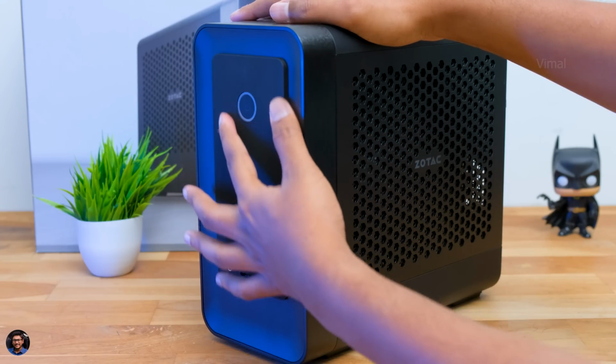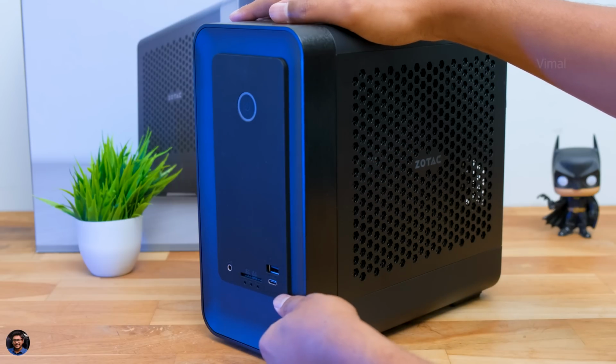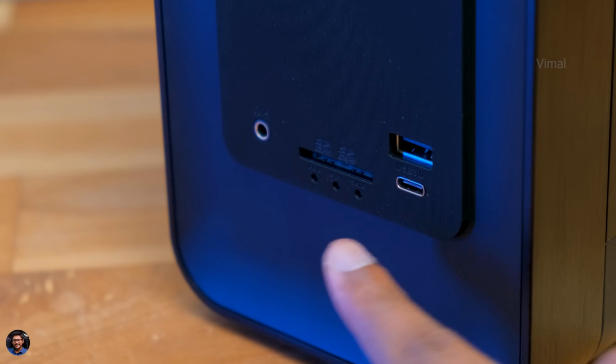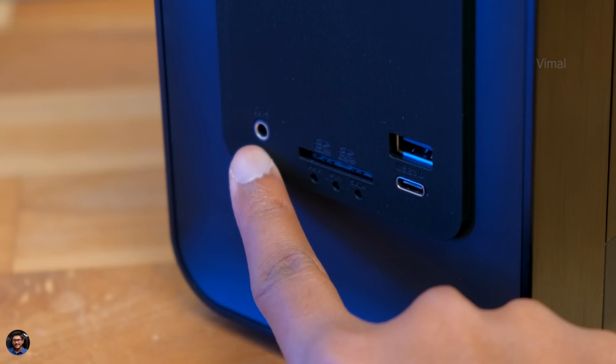At the top, you've got a power button along with a status indicator that glows in white, and on the bottom is where you've got the I/O ports. So you've got a USB 3.0 port available. Type-C is there just below that. There's also an SD card reader, guys, and to the left you've got a 3.5mm audio jack available